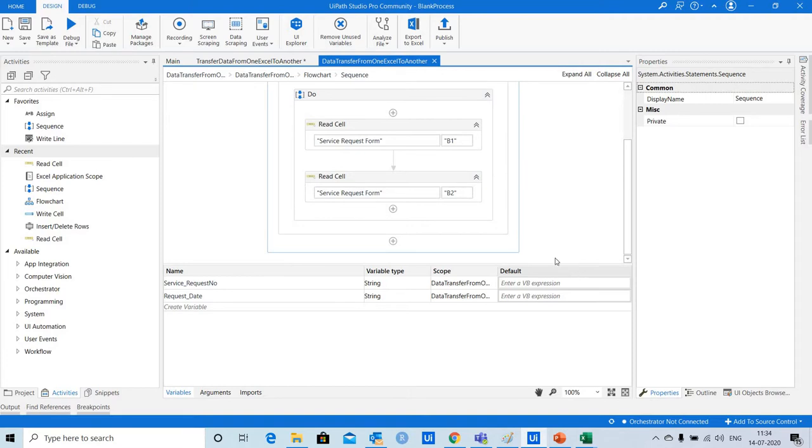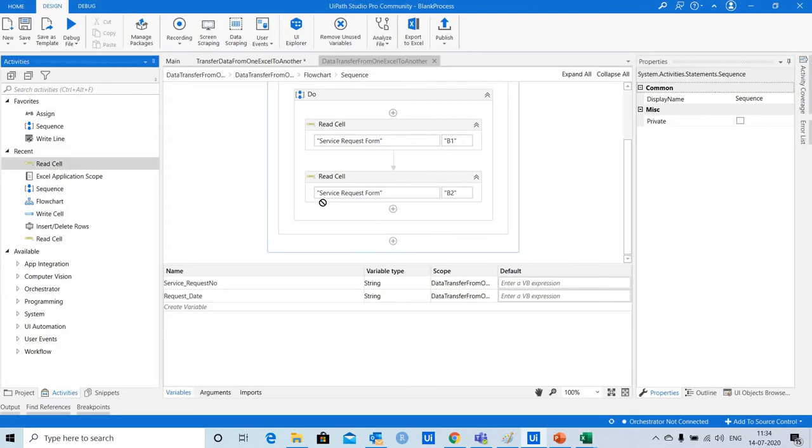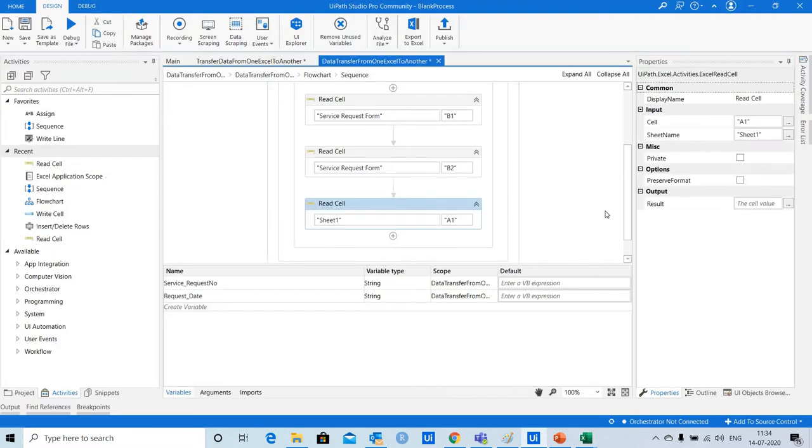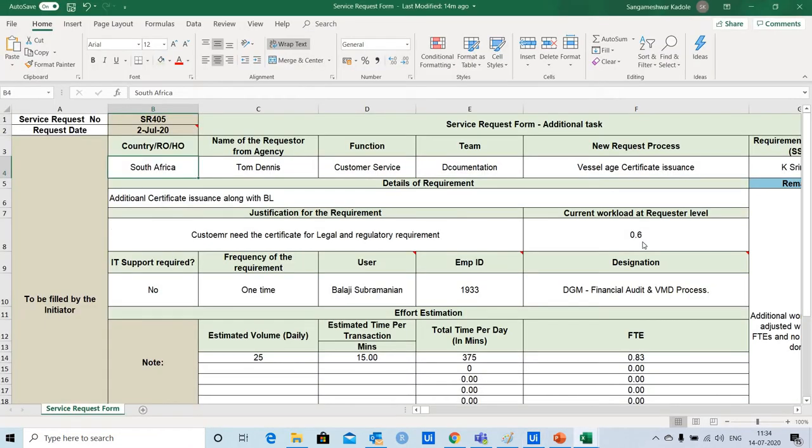So let's go back to input form. Then I need to capture country, regional office or head office name. So in this case this data is available in the cell B4. So again I'm going to use read cell activity. The sheet is same, the cell is B4.